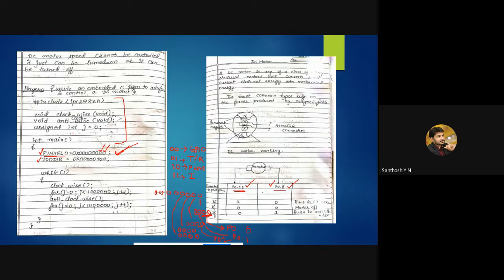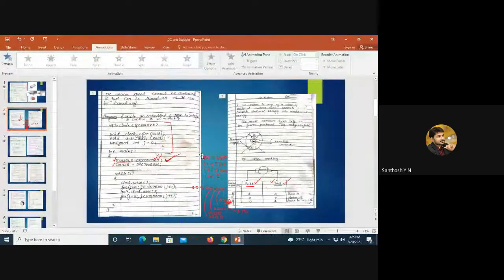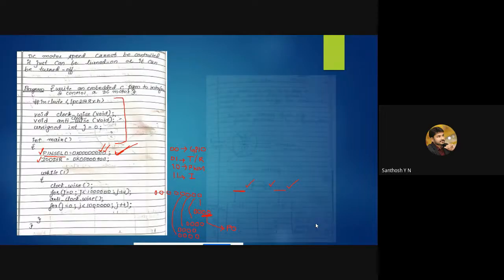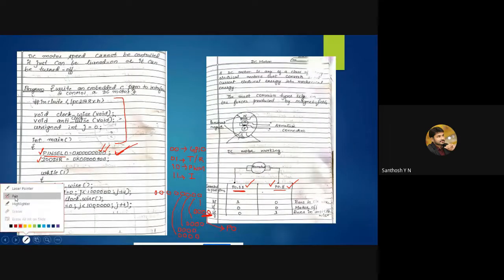Now instead of making only 8th and 11th, I'm making all the ports work as a GPIO. So now the IO0 DIR register. Why do I have to choose IO0 DIR?